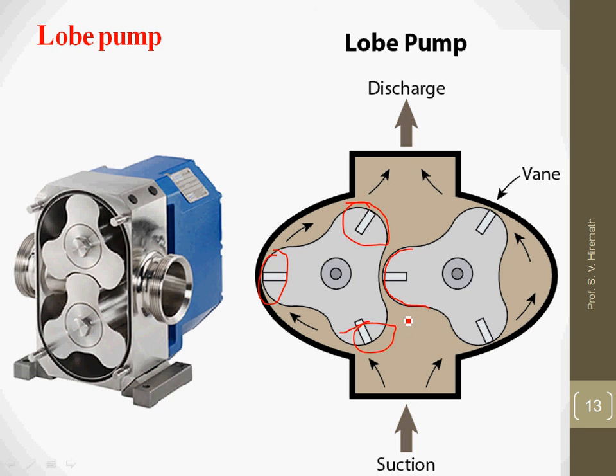And this also works in a similar manner: increase in the volume, reduction in the pressure, suction of the hydraulic fluid, and here there is a meshing of the teeth, which reduces the volume, so that I will get the hydraulic fluid through the discharge, right? So this is how all the types of gear pumps will work. Thank you for watching.